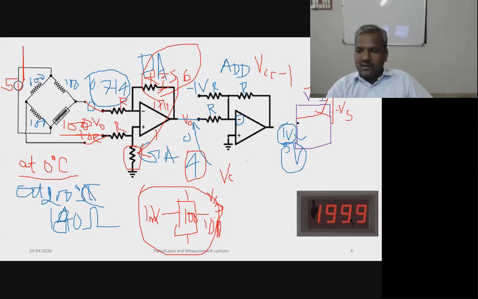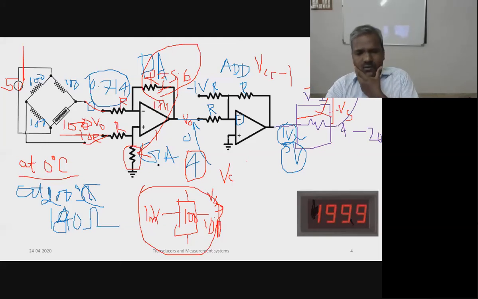In the V to I converter, there is a resistance. We have to provide the load resistance of 250 ohm. If you give 1 volt here, you will get 4 milliampere. When you give 5 volt here, you will get 20 milliampere. Because 1 volt divided by 250 ohm is 4 milliampere, and 5 volt divided by 250 ohm is 20 milliampere. Understand? So this is the entire design. This is very important. This transmitter end can be connected to any distance, because the output is in the form of current.